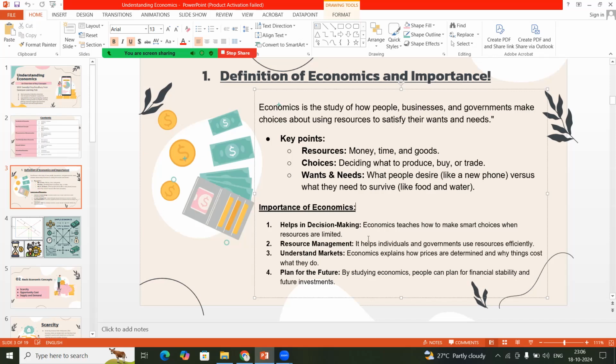Like, I have this much now, and I have this much saving with me. So, what can I do with this much saving? I can invest somewhere. I can start a new business with my accumulated wealth. So, all of these are some of the aspects which lead to the importance of studying economics. Fine? Am I clear?